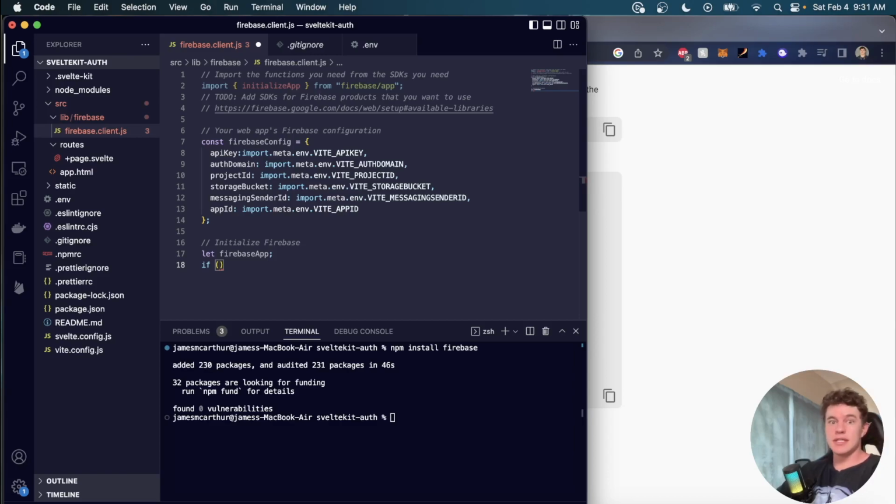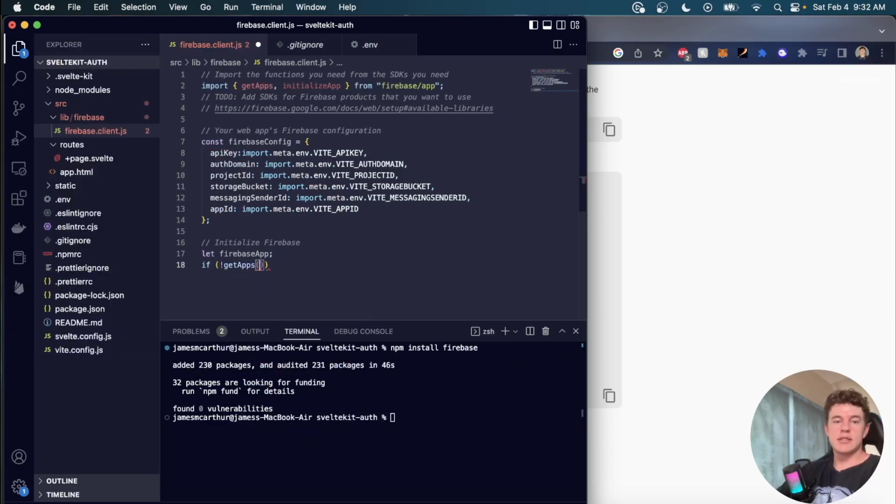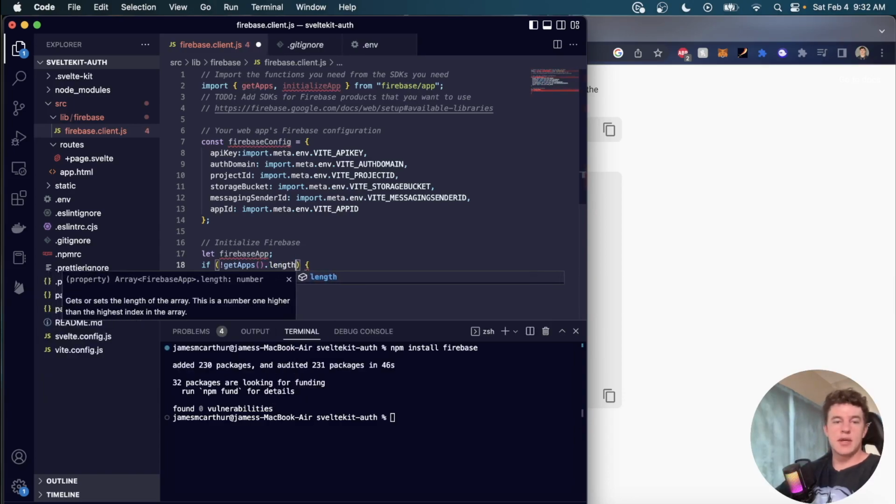So it would just be an empty, useless project. So we just want to make sure that if that happens, we delete it and we initialize our project correctly. So we're going to run an if check that says if not getApps, just like this, and that's a function call, and that is going to be imported from firebase/app. So if that's not true, and more specifically, we want to get the length of that parameter because that's going